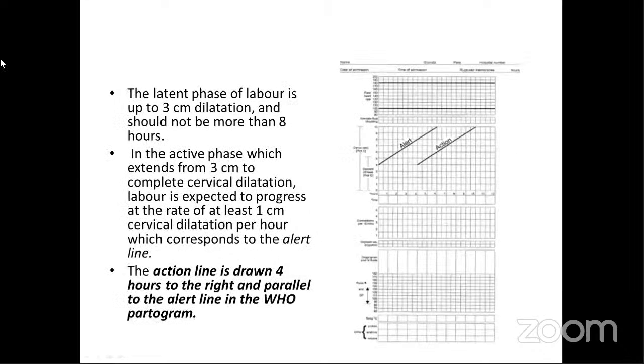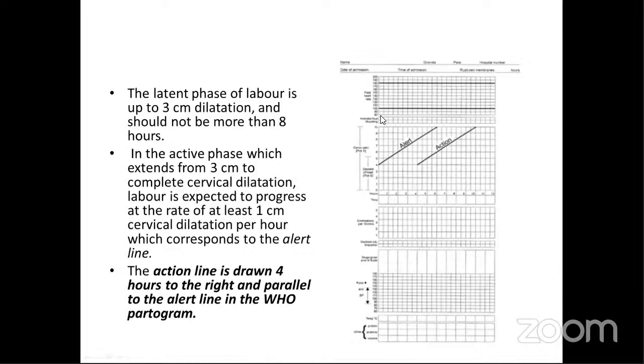So in the partogram, you have to understand that the latent phase of the labor is up to 3 centimeters of dilatation, and on an average, as we discussed, it's about 8 to 12 hours. So the latent phase of the labor up till 3 centimeters of dilatation is not recorded on the partogram. It only starts once the patient goes into the active phase of labor. So once the patient goes into the active phase of labor with, say, 4 centimeters of dilatation, you can see in this picture, we draw a line